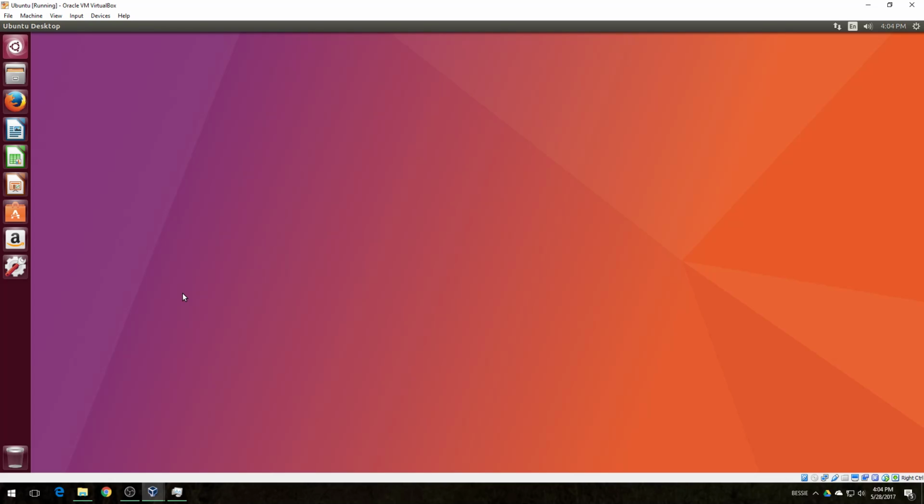I think Chrome OS is based off Linux. Android is based off Linux.